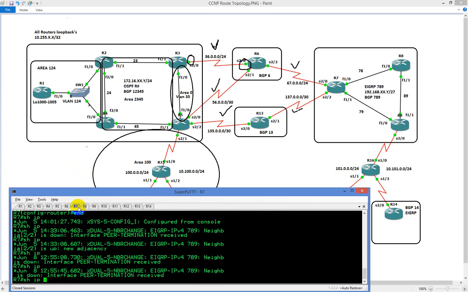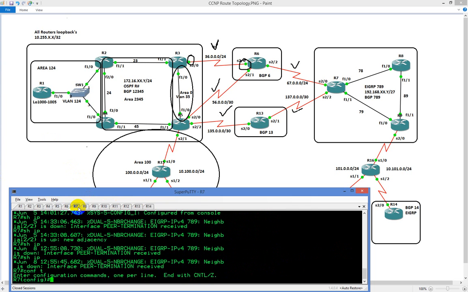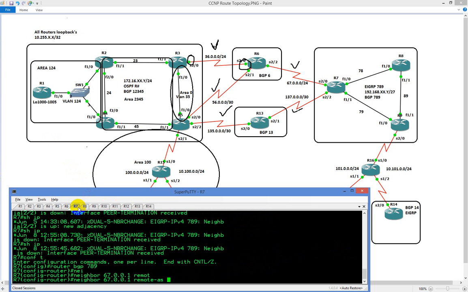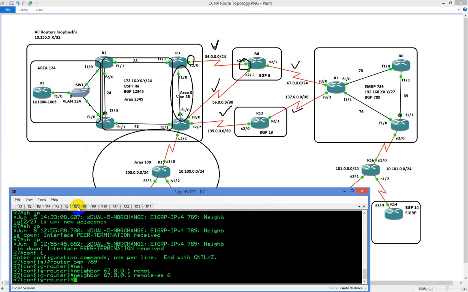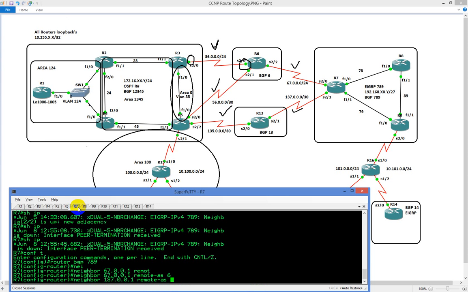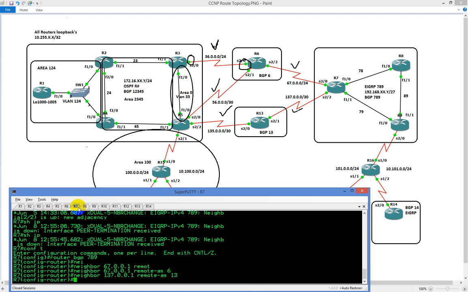So on 7, we're going to do a config T. We'll type in router BGP 789, and neighbor of 67.0.0.1, remote AS of 6. And you can hit the up arrow and do 137.0.0.1, remote AS of 13, and that should get our adjacencies up. And actually, do show IP interface brief. I have a feeling that the